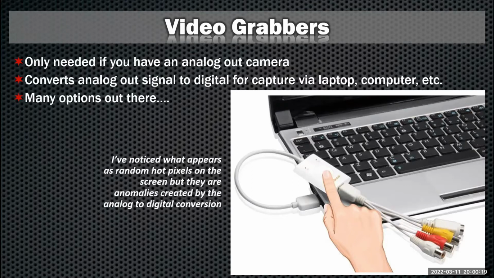But what I noticed, at least when I did it, I got some very weird random hot pixels. They weren't always the same and always in the same place, but they would just kind of pop in, pop out. And I believe that to be anomalies created because, obviously, it's a chip receiving in digital, transferring it to analog out of the camera, and then you're converting it back to digital. So it's going digital, analog, digital. So again, it works, and if the little hot pixels don't bother you, it's a great way to start.